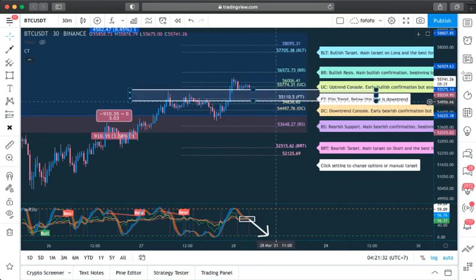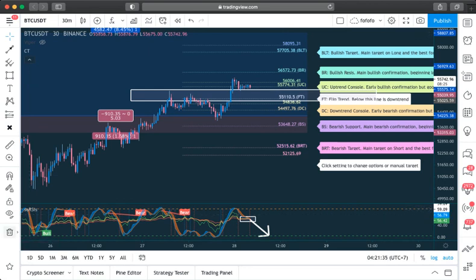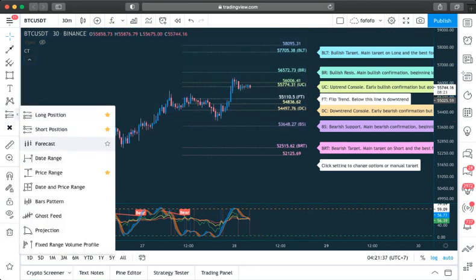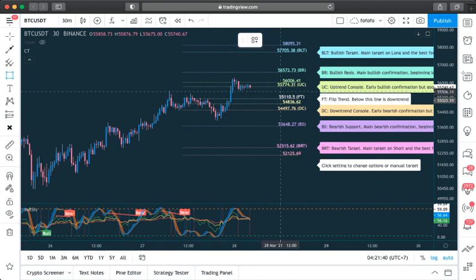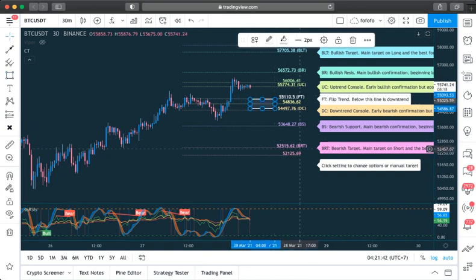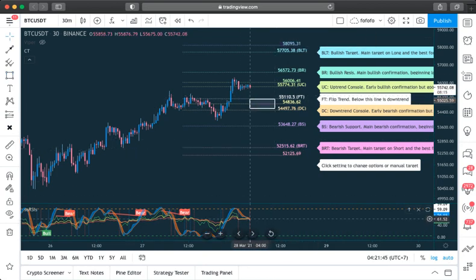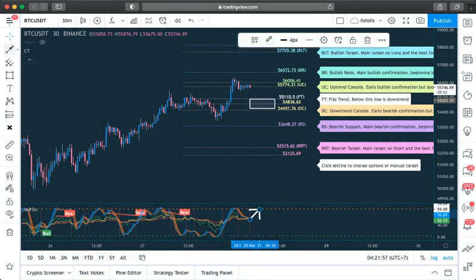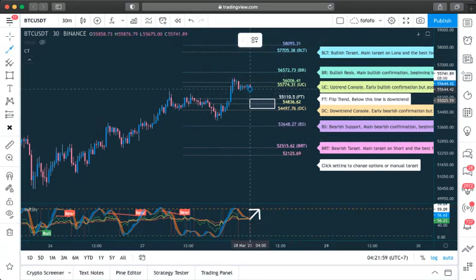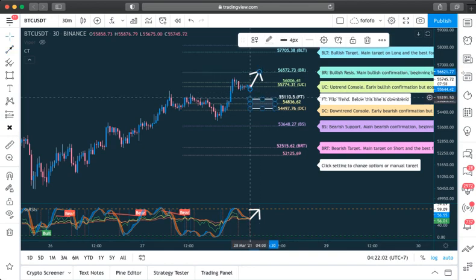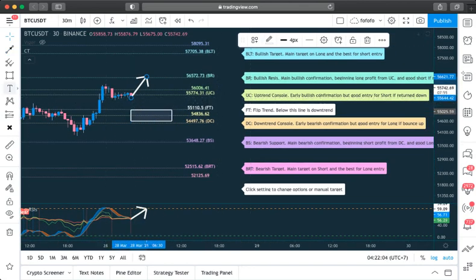So I think this entry and this area is good, around this area. But if the next 30 minutes has an invalid cross down or breaks the RSI but rebounds up like this, our entry can be cancelled and it will continue to the bullish resistance. So we can play with the